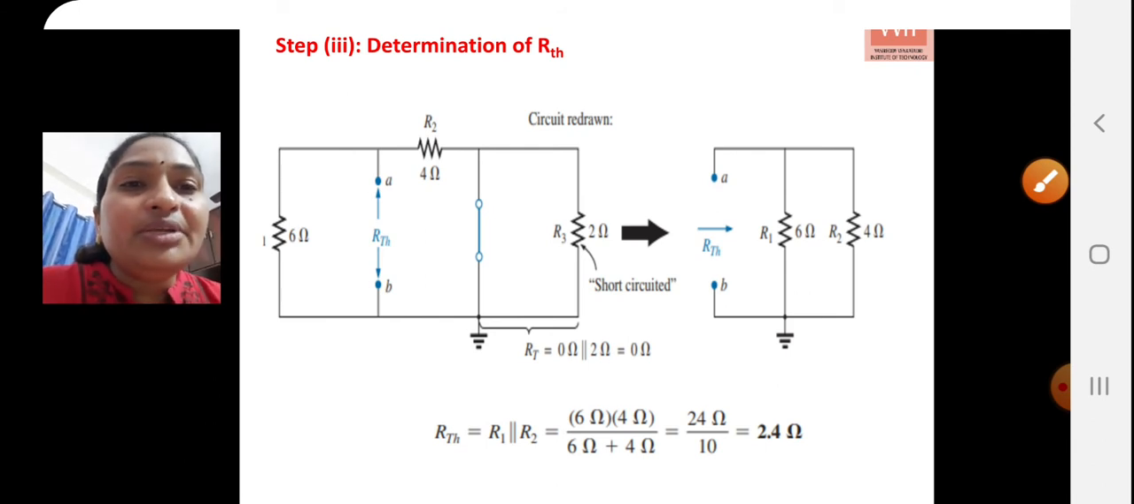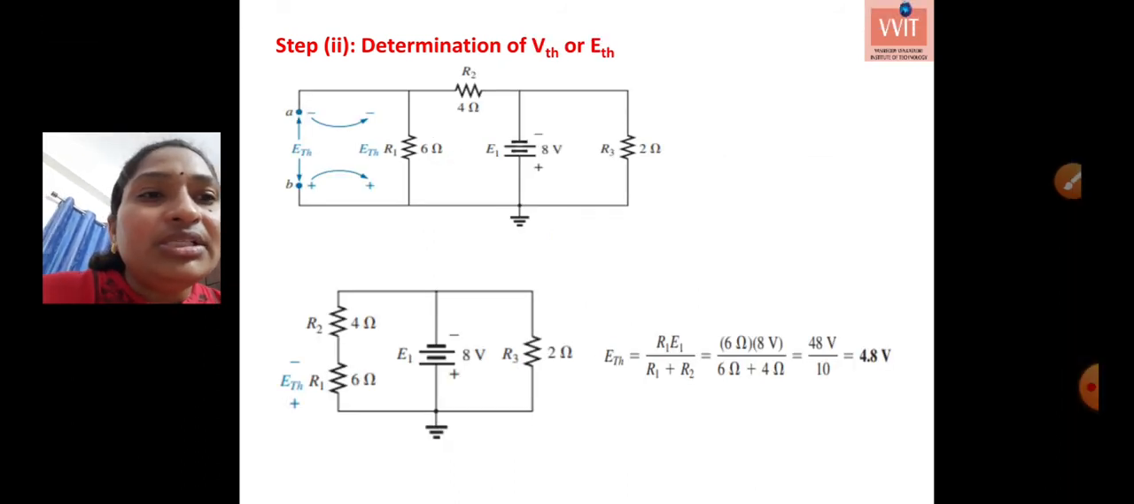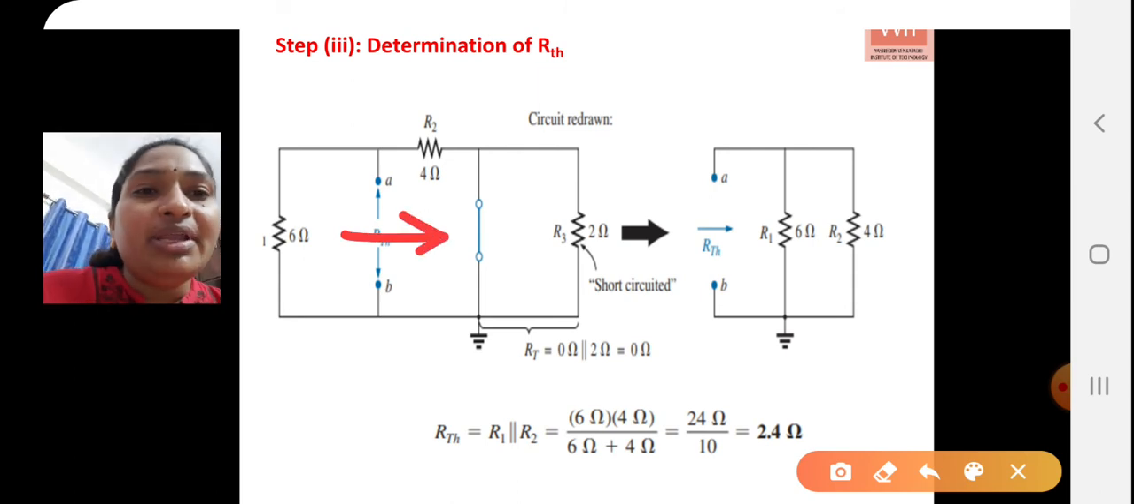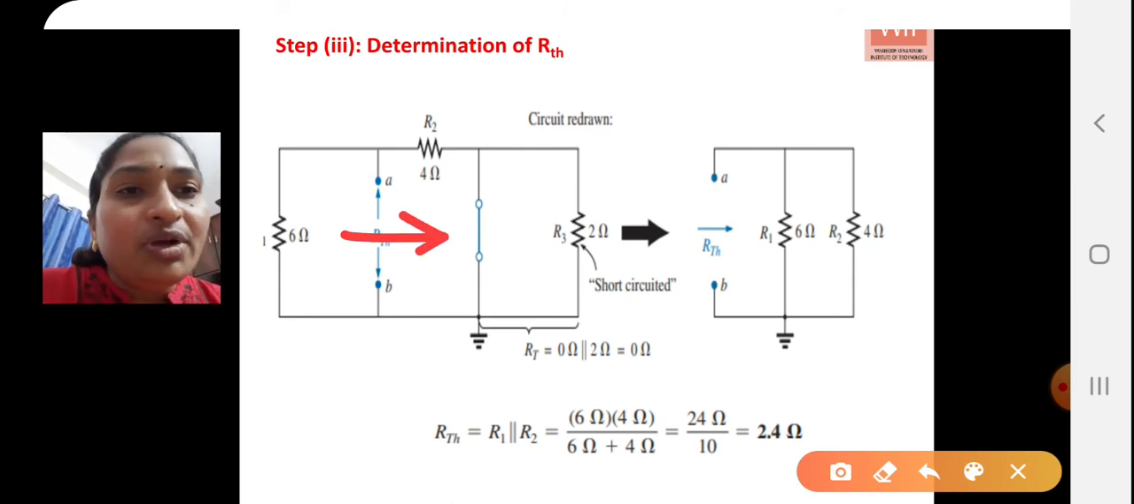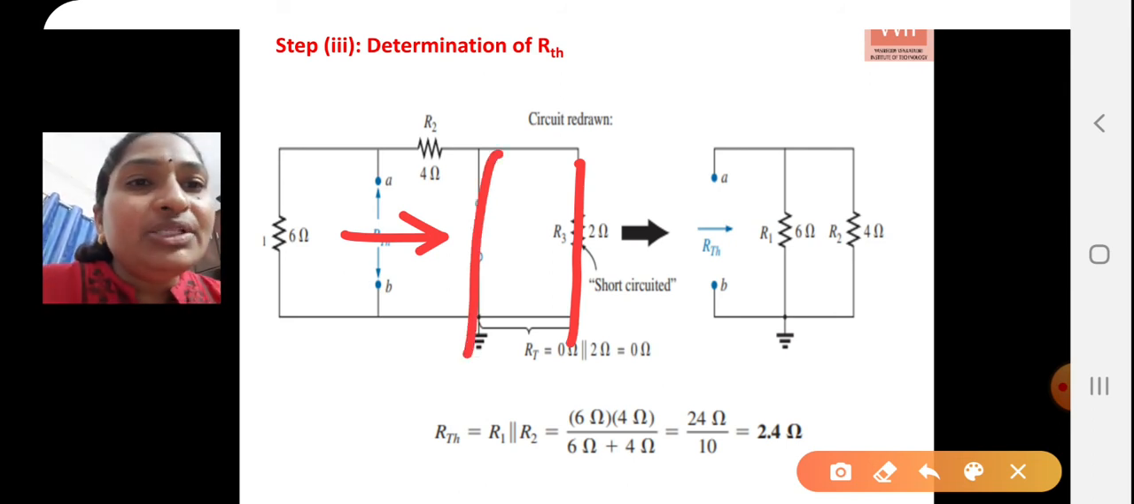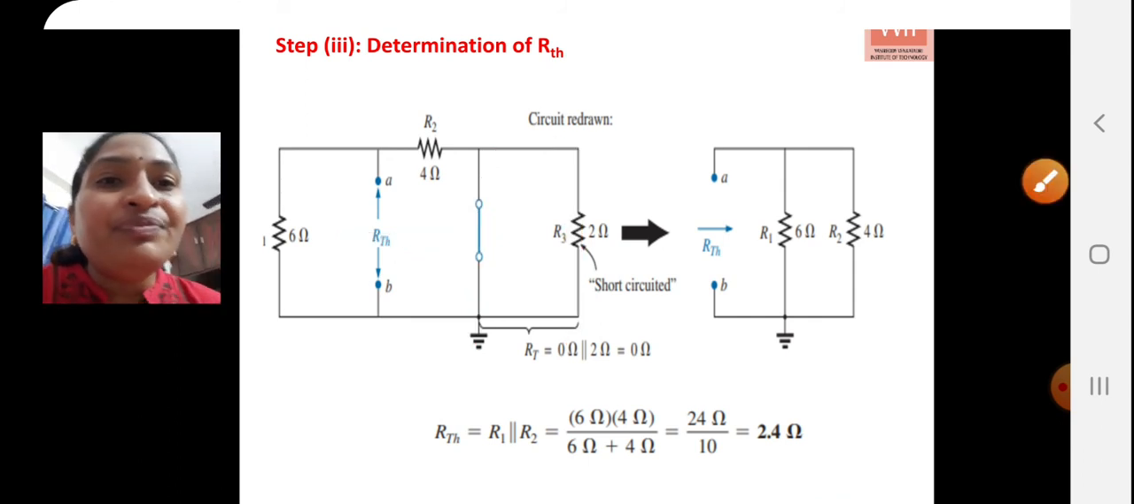So after short circuiting, meaning after removing the voltage source, we have to see from these terminals what the equivalent resistance is across A and B. For that, if you observe, this 2 ohms resistance is connected across the short circuit. So there is no current flowing through this 2 ohms branch. What I mean to say is, if the equivalent resistance has to be determined across A and B, current will